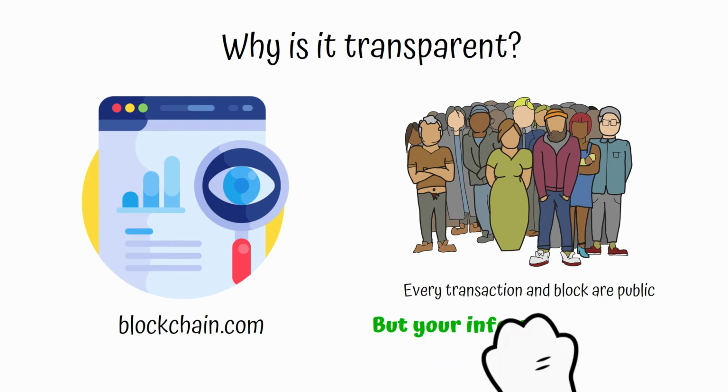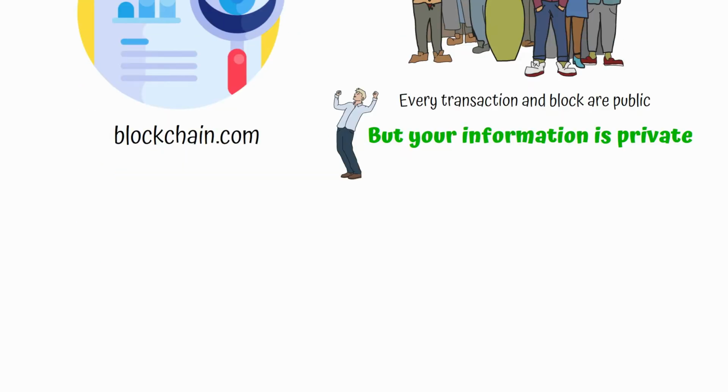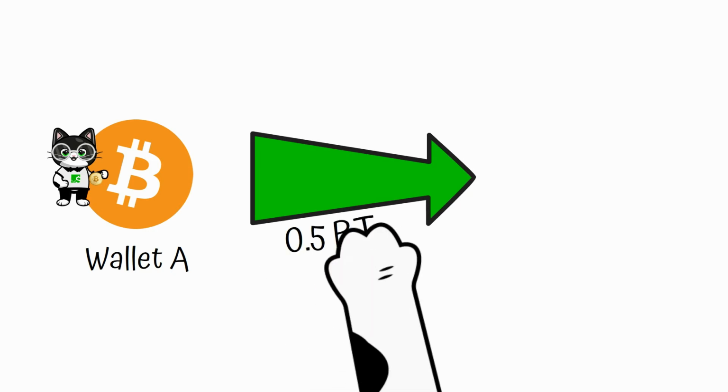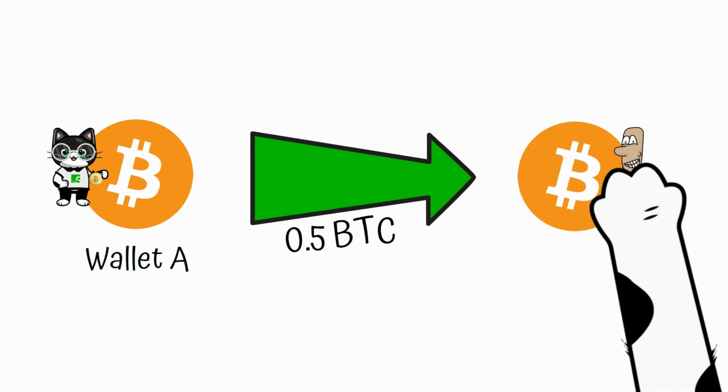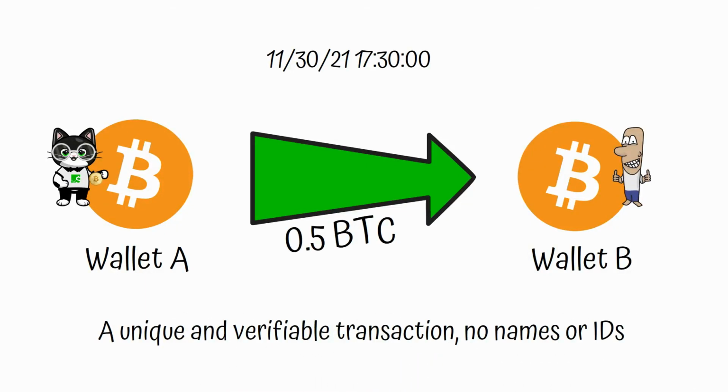Something that we must clarify is that the blockchain is private, meaning, no one sees your data, or what you bought, or what the transaction was about. The blockchain respects your privacy. The only thing the network can see is that an amount of an asset, X, was transferred from point A to point B on a specific date and time, and that this transaction cannot be duplicated.